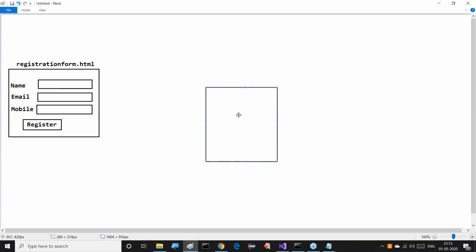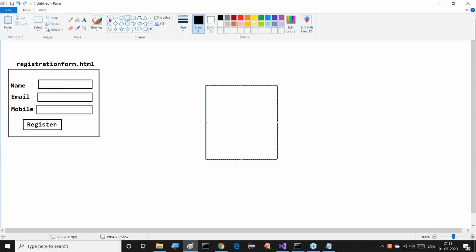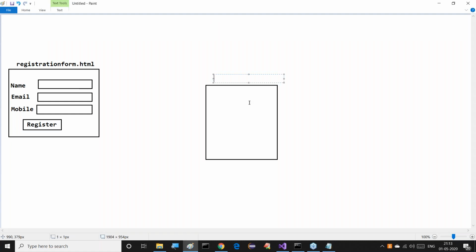This is the servlet, it exists here. Registration servlet.